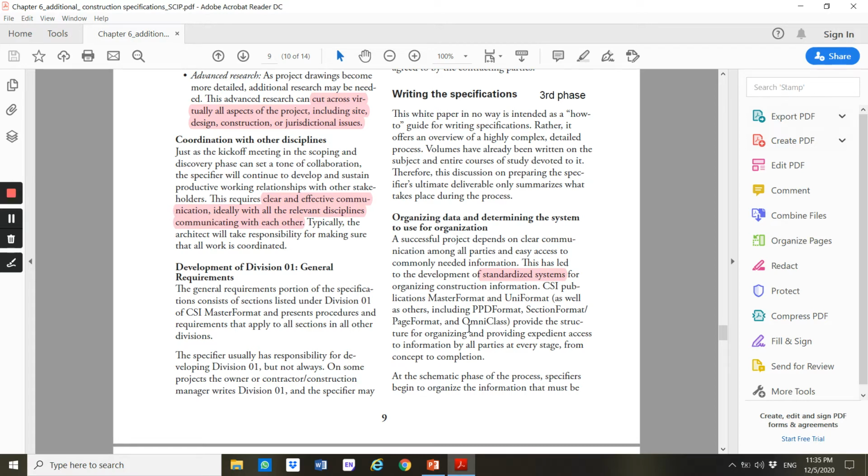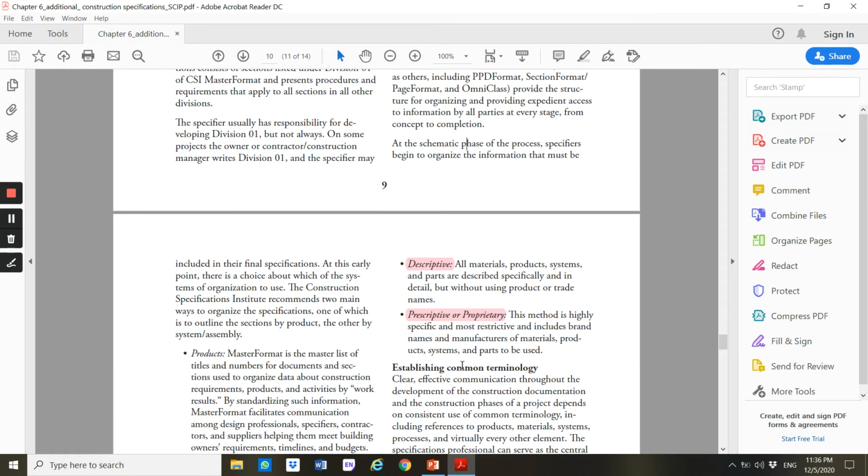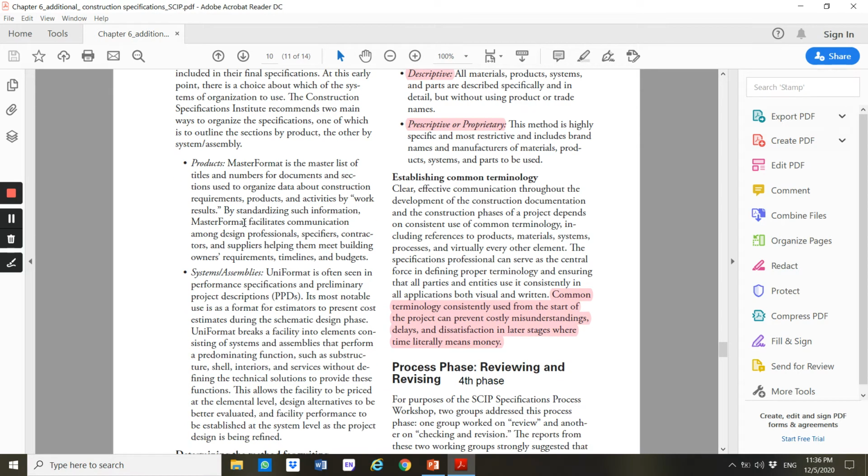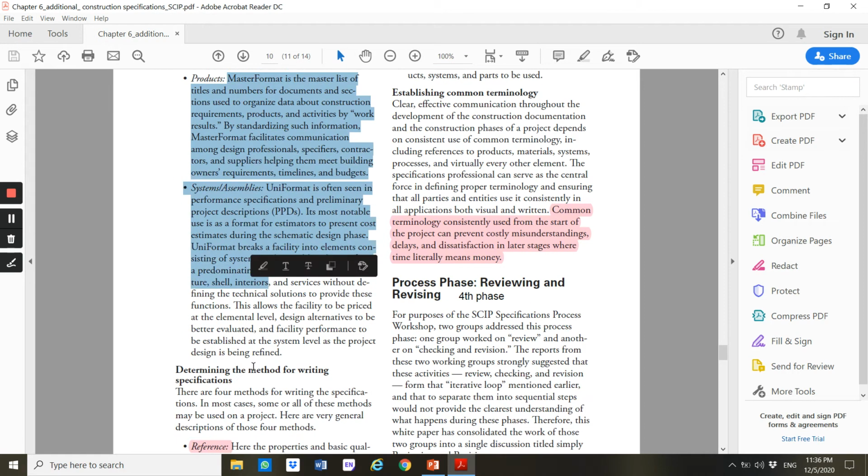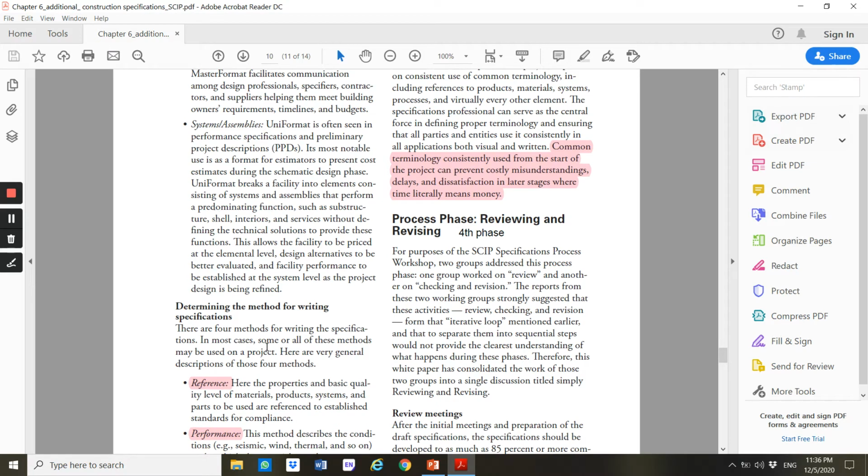But it has to be easy access to each of the relevant parties, like the architect, among all parties, the architect, client representative, QS, so they have to be clear. It means everyone can use that system, a standardized one. So I'm not going to describe the system, you can just read more on that.